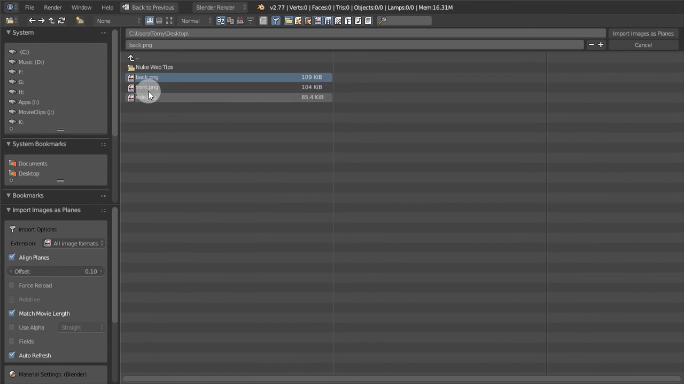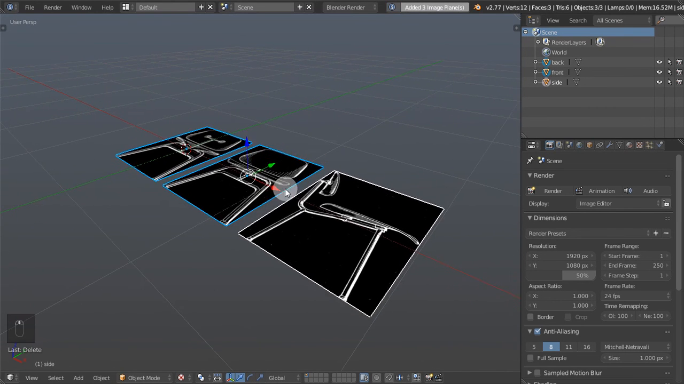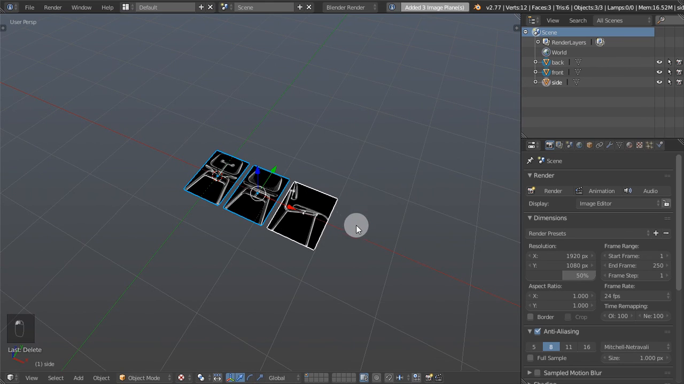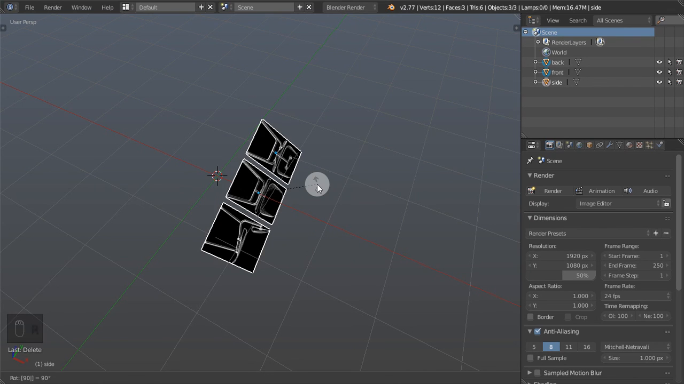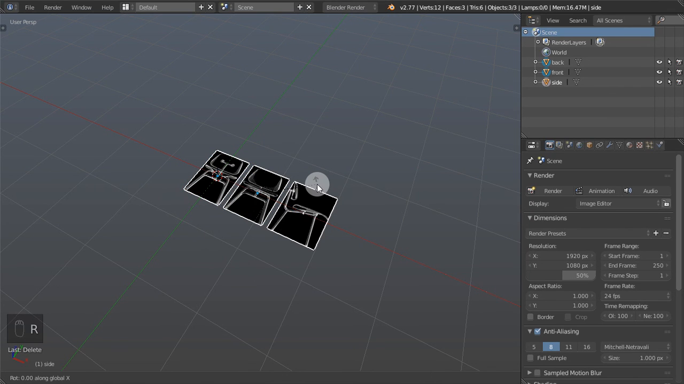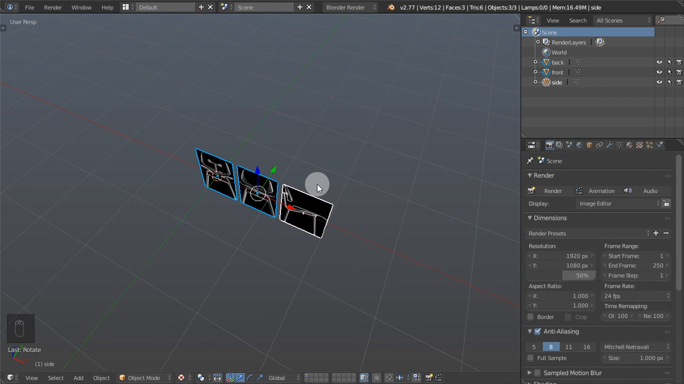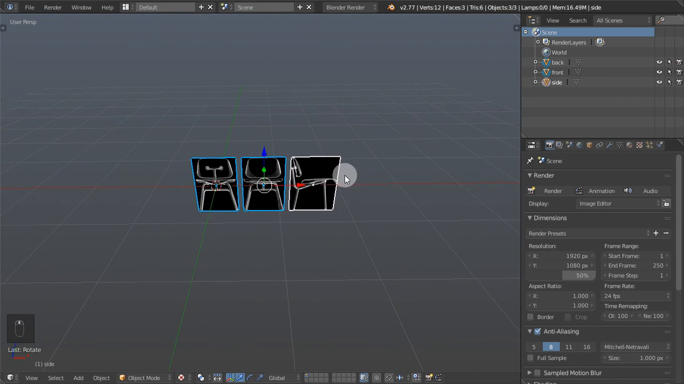We select our back, front and side view, and import images as planes. You can see them over here. Now we need to position them, but first of all let me rotate all of them on the x-axis because we want them standing up. So let me hit R, then X, because we need to specify on which axis we want to rotate. I click X and now I'm going to type 90 degrees, enter,